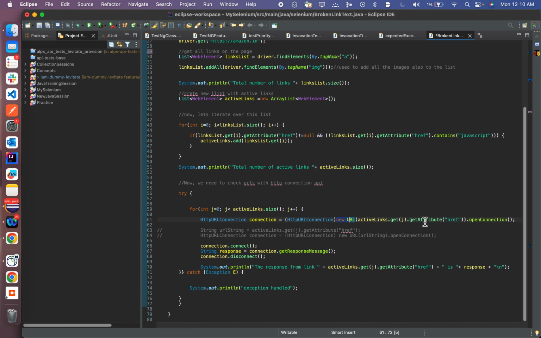This is the new object. This will take the web element, and then open connection, right? And we have typecast it here into HttpURLConnection. Okay, all this we are getting so that we can do,